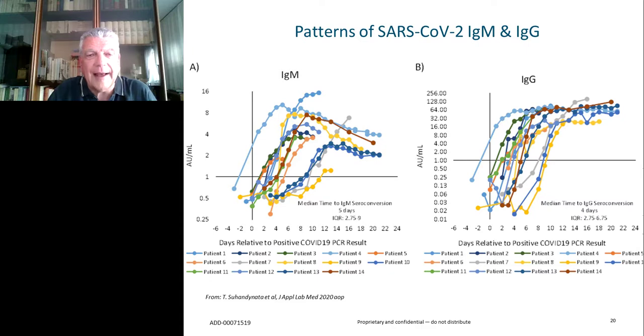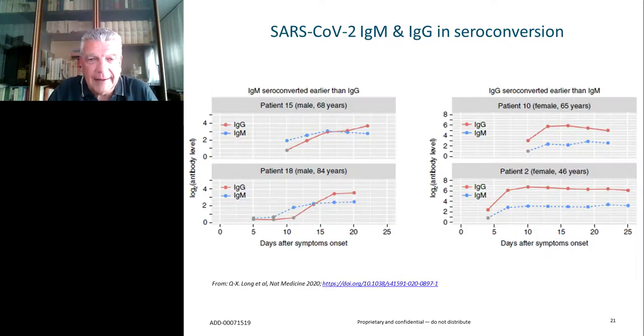If you wish, we may have a more easy to look at slide here in which you see the difference is some cases that did seroconvert earlier for IgM and earlier by IgG, which may seem absurd, but it does happen in this infection, and it is not so infrequent.